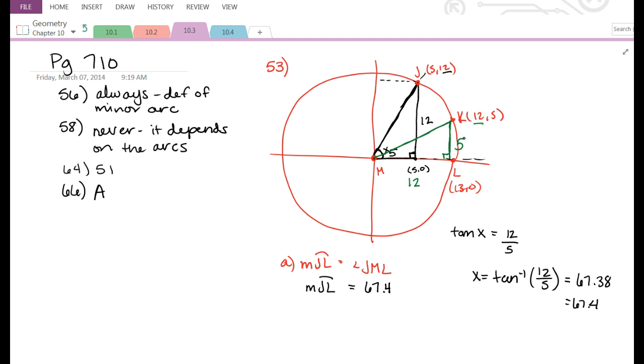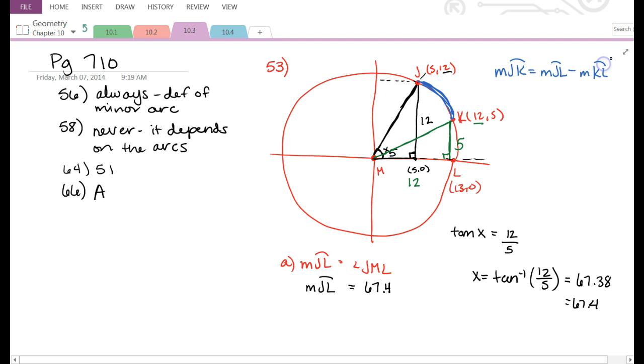Part C wanted you to find the measurement of JK. To find the measurement of JK is really simple. I know JL, the whole thing,